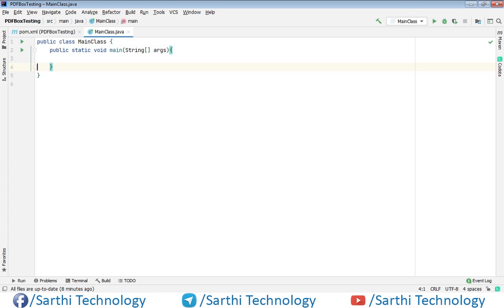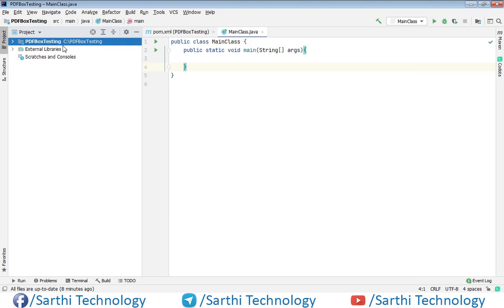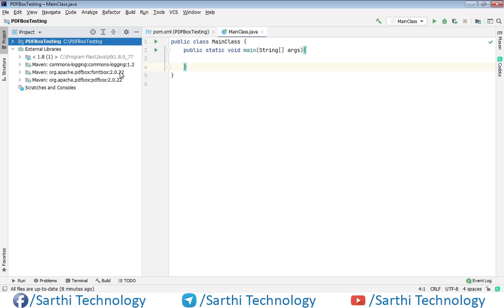So friends, this is our basic project in which we have already added the PDFBox library, you can see here. The first thing, we need to make a file object in which we will hold the path of the target PDF, that is the source PDF.